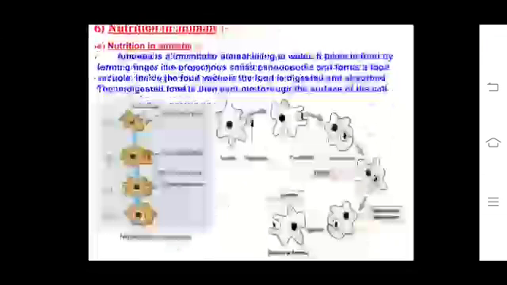Food is taken in at a specific spot. Food is moved to the spot by the movement of cilia which cover the entire surface of the cell, and the food is ingested. So this is about the two unicellular organisms and how they take in food. In case of amoeba, pseudopodia, and in case of paramecium, the cilia help in bringing the food closer to its specific spot in the oral groove, and that specific spot is called cytostome.